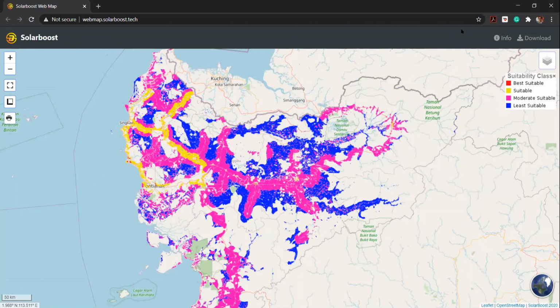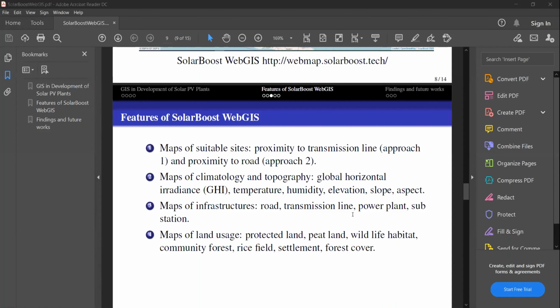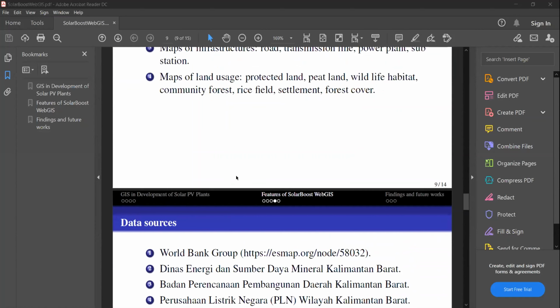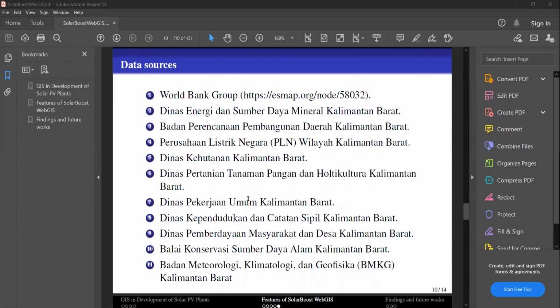Okay, so I will go back to my presentation. So actually, how do we do the analysis for the site suitability? If you look at the WebGIS, we have a lot of data there, and we obtain the data from